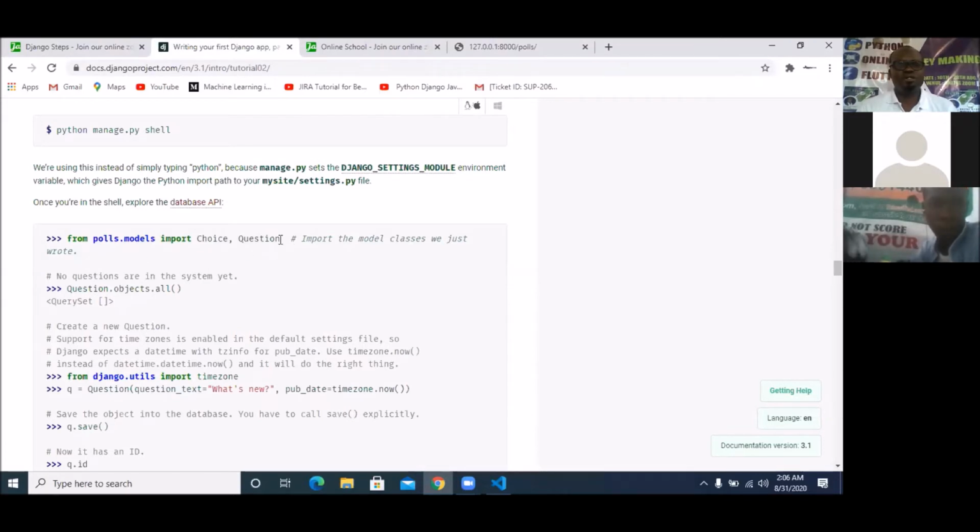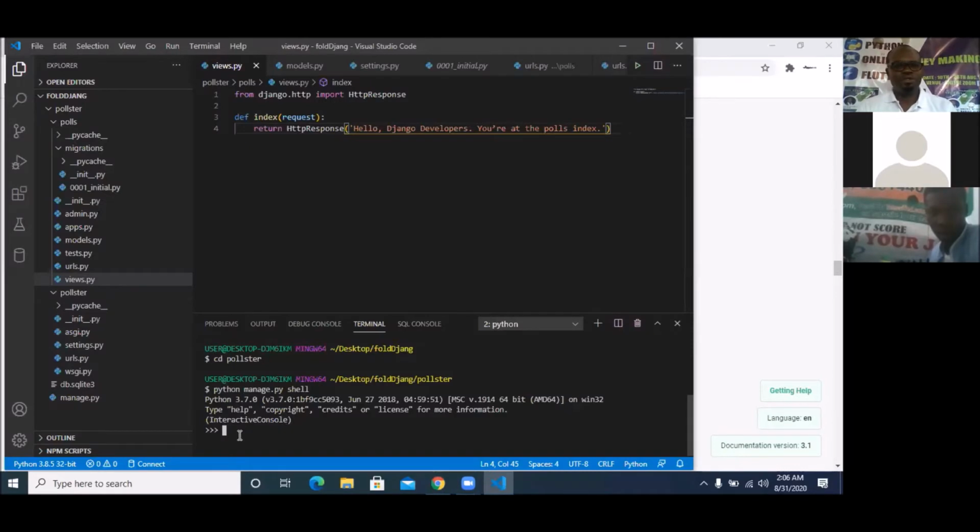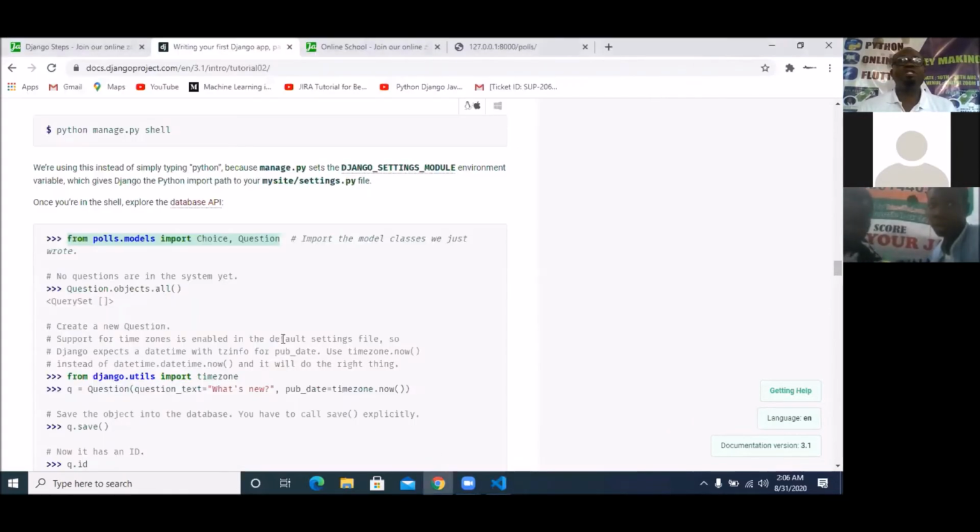You can simply pick out this code if you're on this website to make it easier for you. So that's the first thing. So I'm going to just put it here. From post.models, that's the models file inside the post app, please import for me Choice and Question. So those are the two things I've imported. And if you're checking through these, you're going to see some instructions on this. It's simply saying that we're importing the model classes we just wrote. And you remember in the last class, we wrote these models.